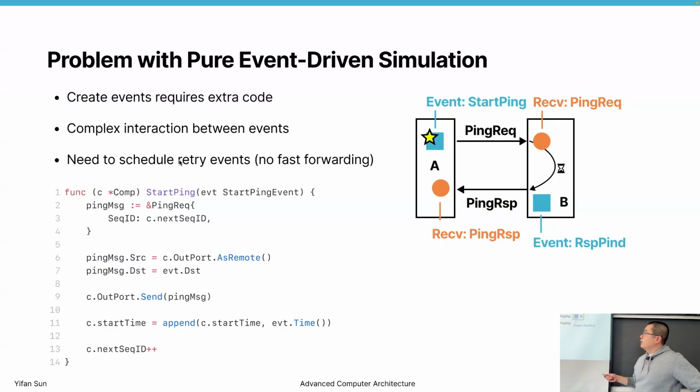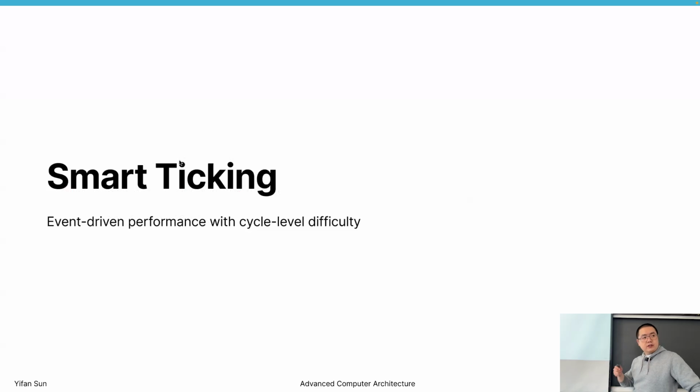So to solve this problem, we created a method we call smart ticking. In smart ticking, our goal is to let the user write cycle-based code. So you write a tick function for every component. Then our engine can decide when to tick and when not to tick. The mechanism is actually very simple, but we think it's a very useful method that can increase the performance by a lot